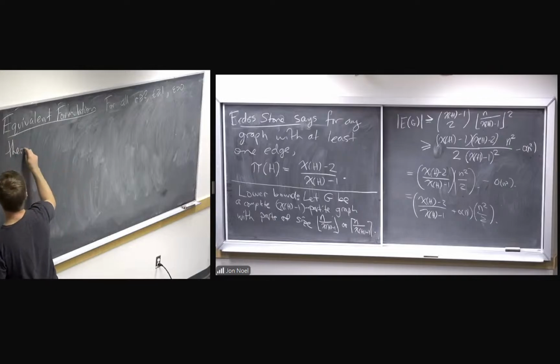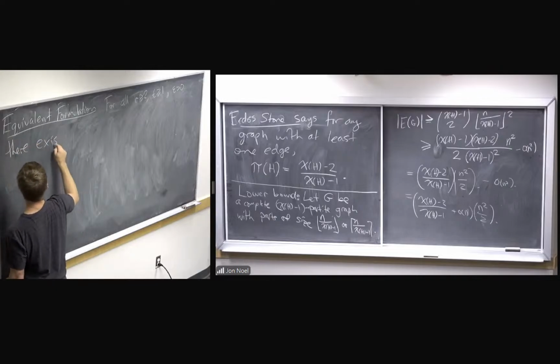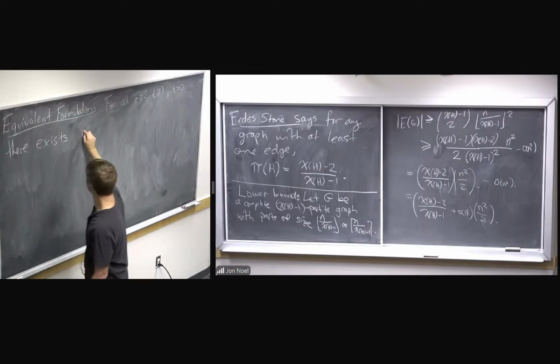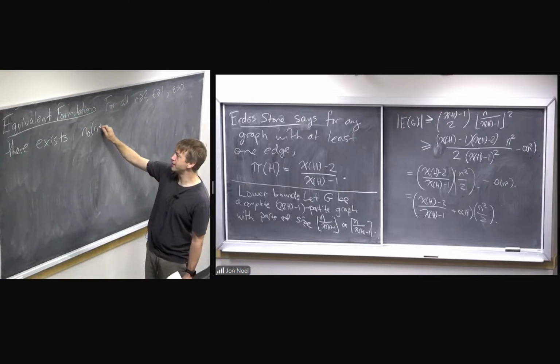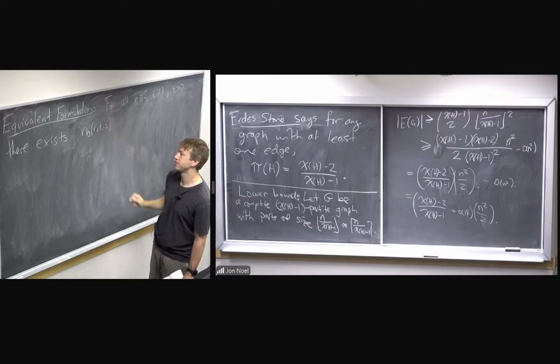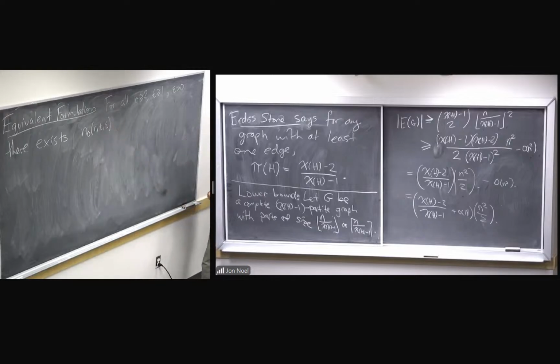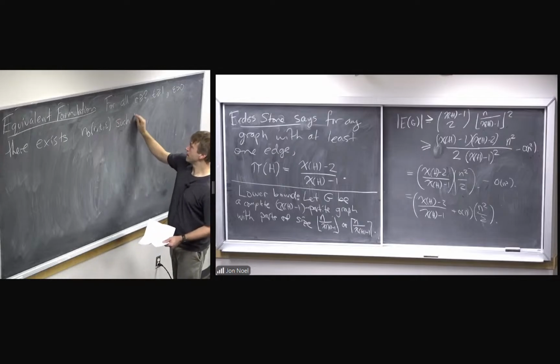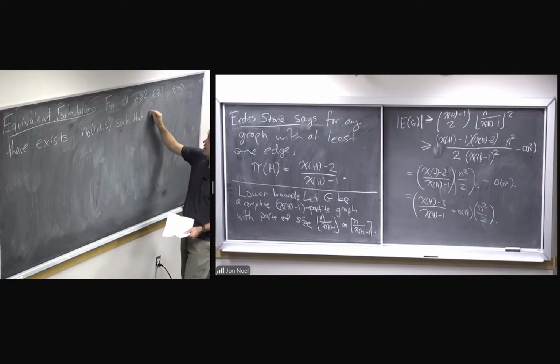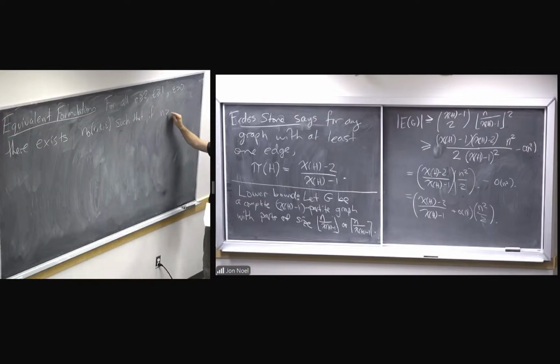There exists some number n naught depending on r and t and epsilon such that if n is at least this n naught of r, t, and epsilon,